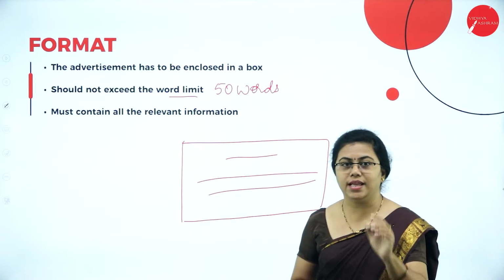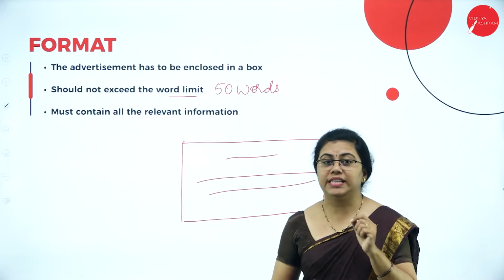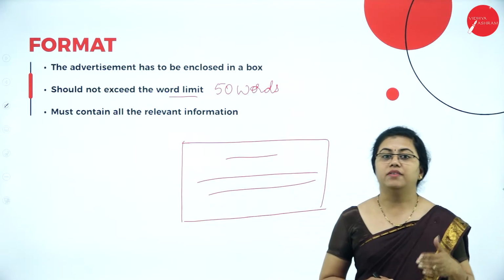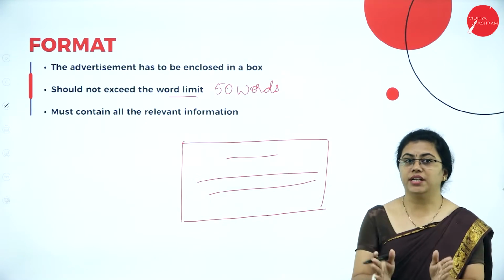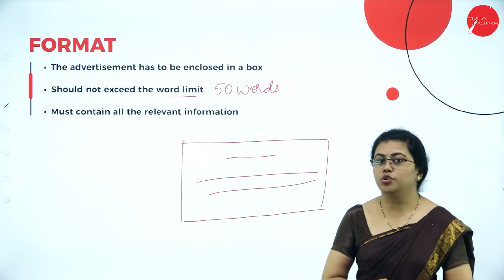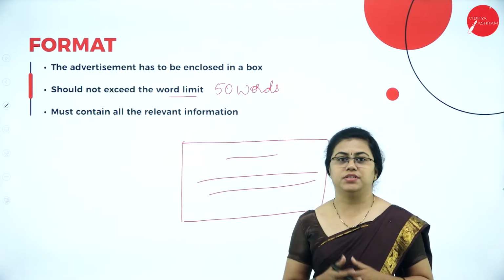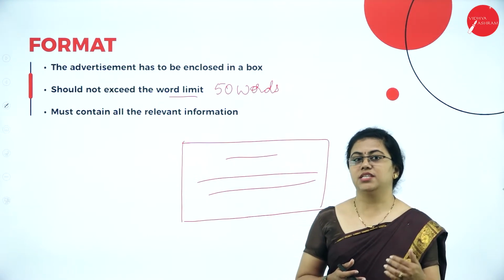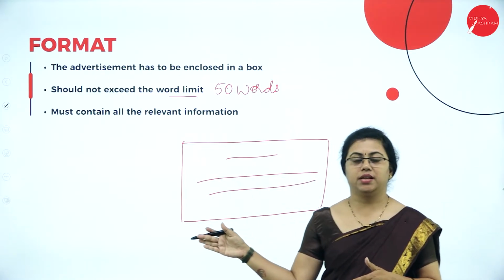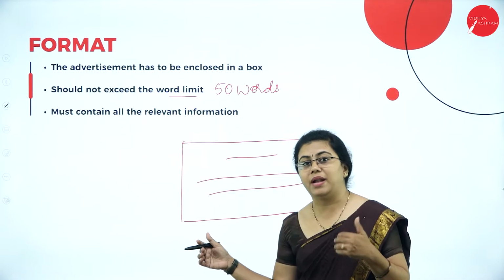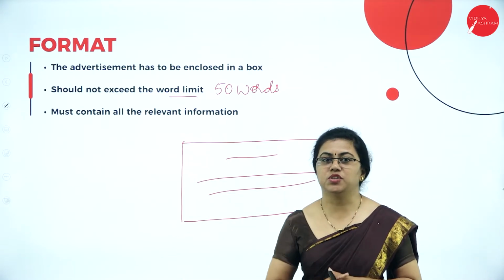Suppose you are selling your vehicle and you are giving an advertisement. For that, what are the details that have to be there? You should have the number of kilometers run. You should have what model it is. You should have the condition of the vehicle. You should also be telling about the seat covers or the tires, everything. The paint, the accidents that have happened. Whatever you feel is required, the brand name you need to specify, all these has to be specified there.